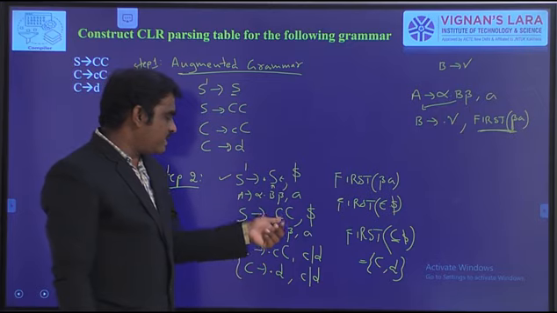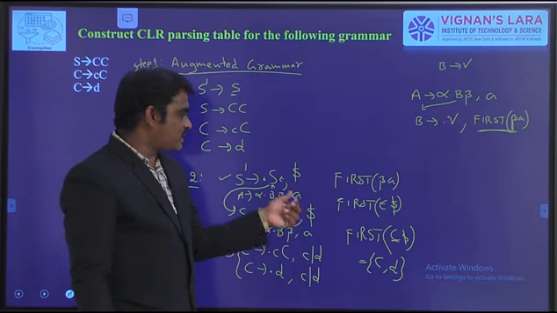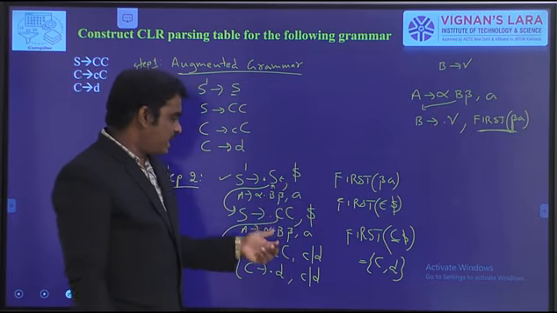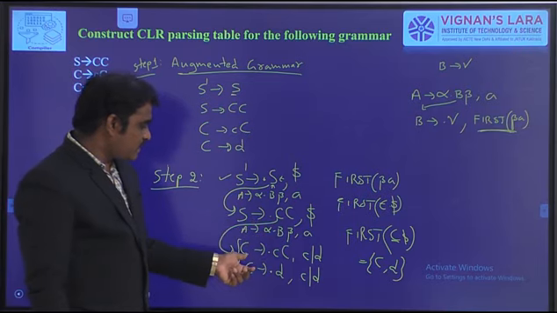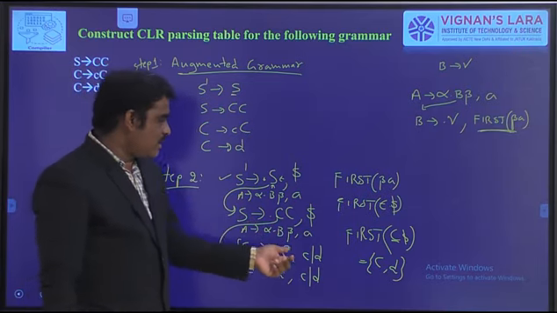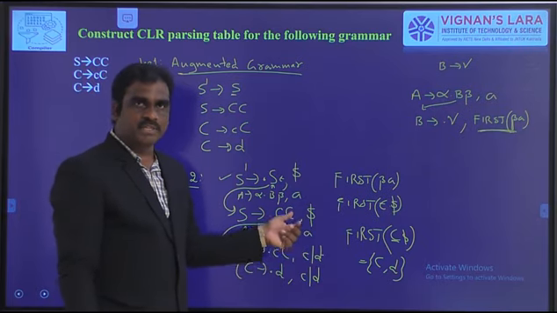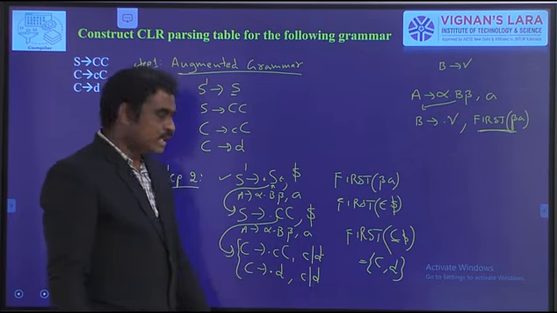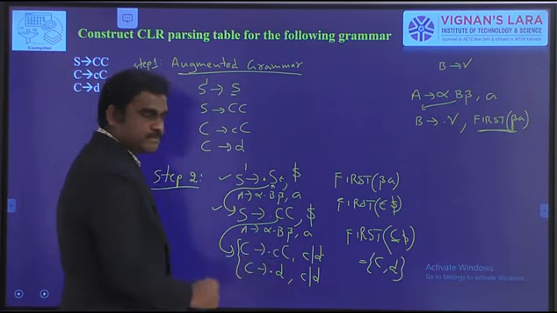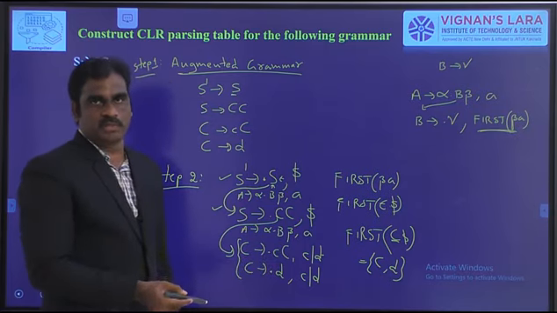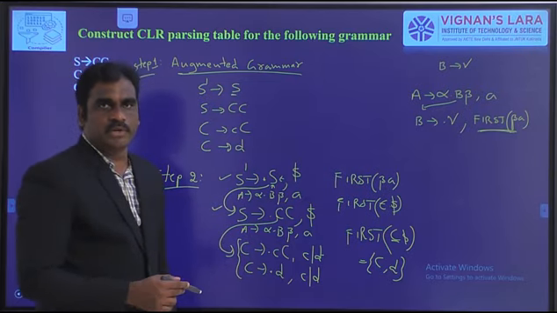Whereas this S production is derived from here only, and here the lookahead symbol is first of beta A, that is dollar. Whereas in this case C is derived from here only. Find first of beta A. In this case beta means C, A means dollar. First of C means c or d. Now this production is also completed. Next one, third production. Dot followed by c, terminal symbol. No need to add the new production. Same way dot followed by d, it is a terminal symbol. No need to add the new production.